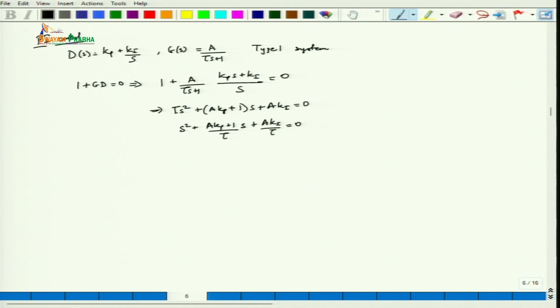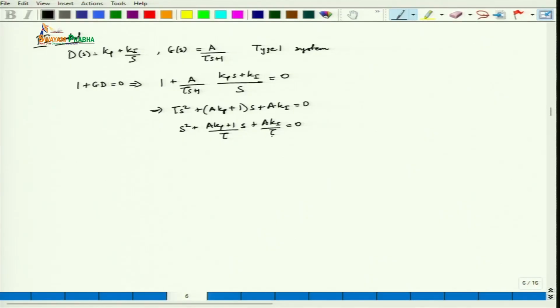Now if you see, there are two poles. This coefficient's value can be changed by varying Kp. Similarly, for this coefficient we can change the integral gain Ki to vary its value, and therefore